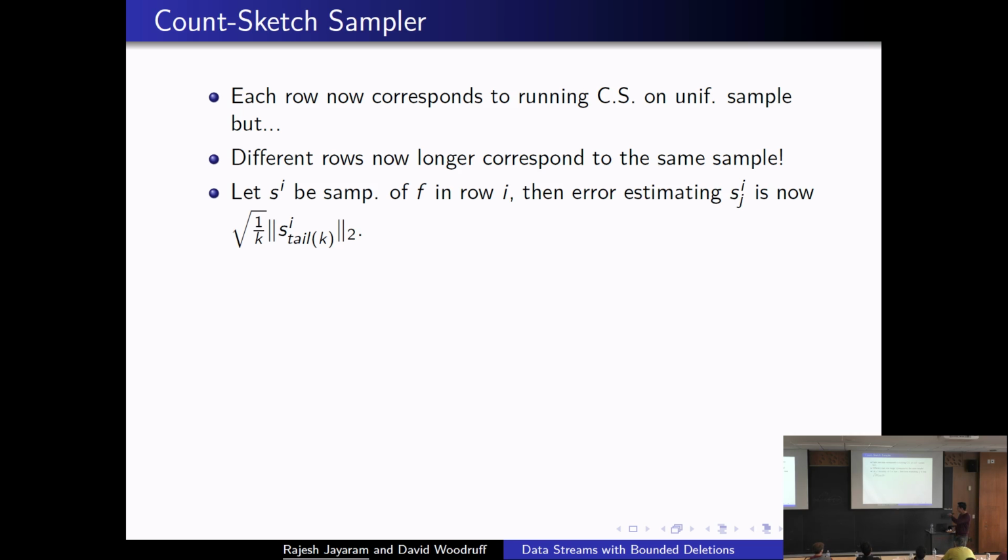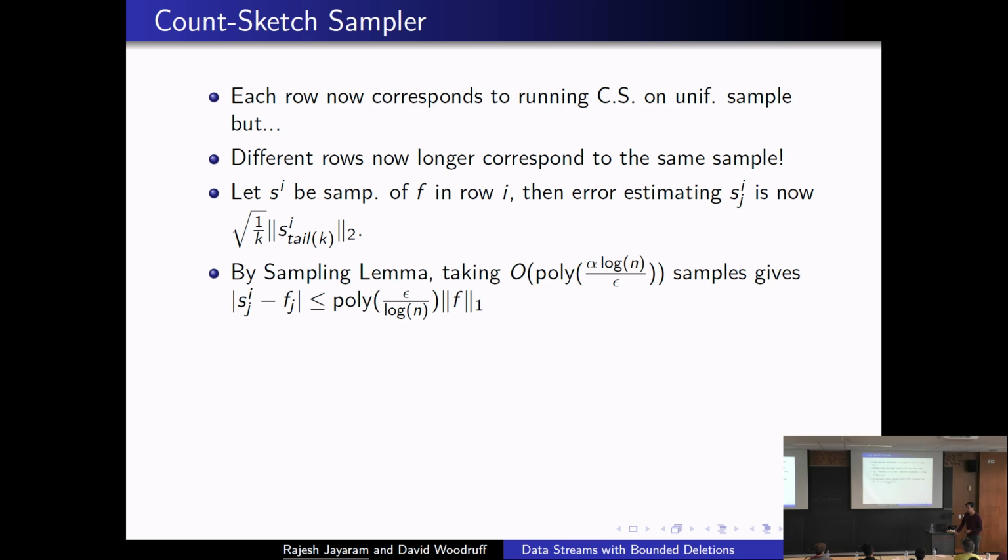In other words, let SI be the vector of samples corresponding to the ith row of your count sketch. Then the error in that row for estimating Sij, a coordinate of Si, coming from count sketch is the count sketch error. That is a function of the sample. It's the L2, but not the L2 of the frequency vector, because you're not hashing the frequency vector in. You're hashing the sample in. So now your error in each row is a function of a different sample, and you need to show that this error is